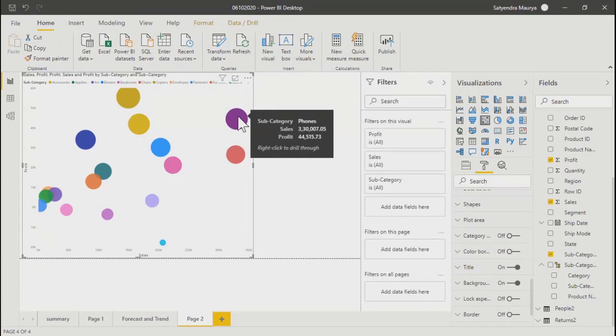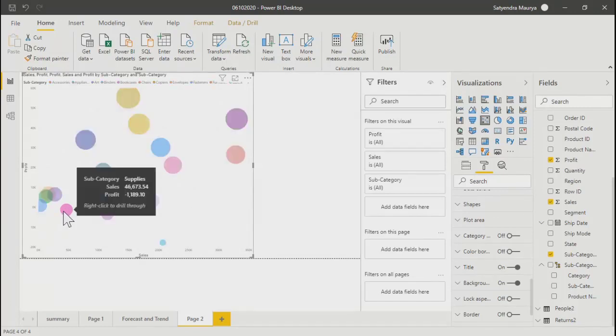Over here, if you see, the more you are going towards the x-axis and going up on the y-axis, the size of the circle is increasing, right? For this particular one, profit is negative over here, and sales is 46,000.